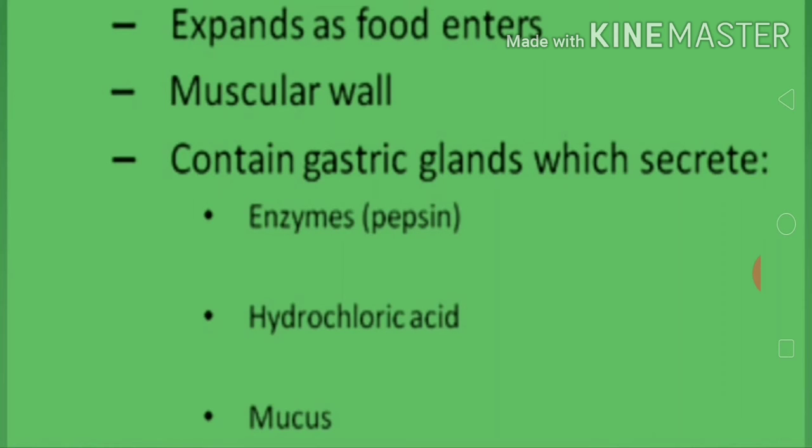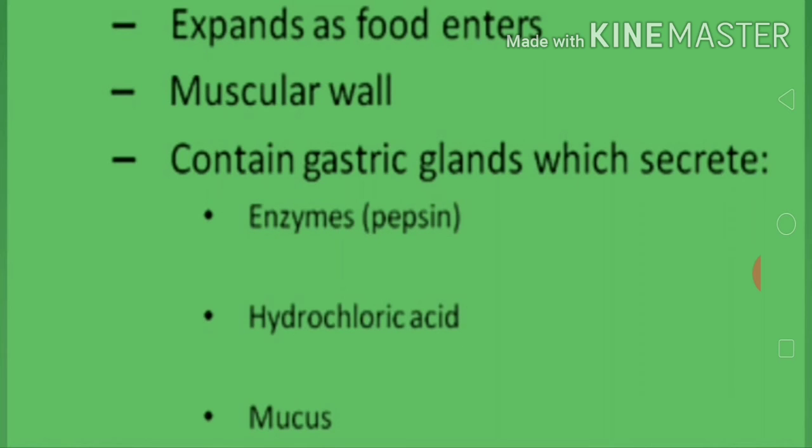And this pepsinogen will become active only when the environment of our stomach is acidic. So in the presence of an acidic environment, pepsinogen becomes active, and the active form we call what? Enzyme pepsin. So pepsinogen, in the presence of hydrochloric acid, becomes active, and then we call it enzyme pepsin, and this enzyme pepsin breaks down the complex protein into simpler ones. In this way, hydrochloric acid and enzyme pepsin help in digestion.